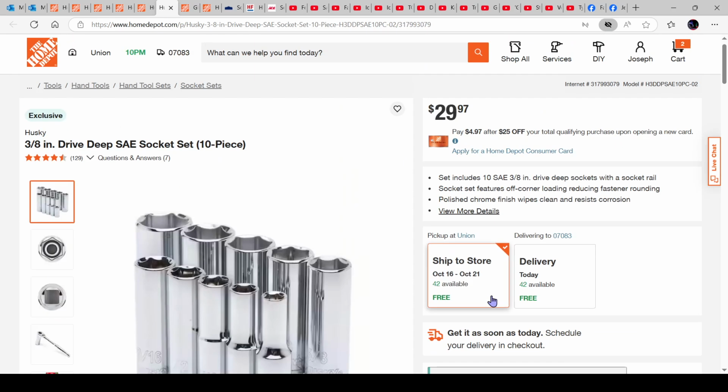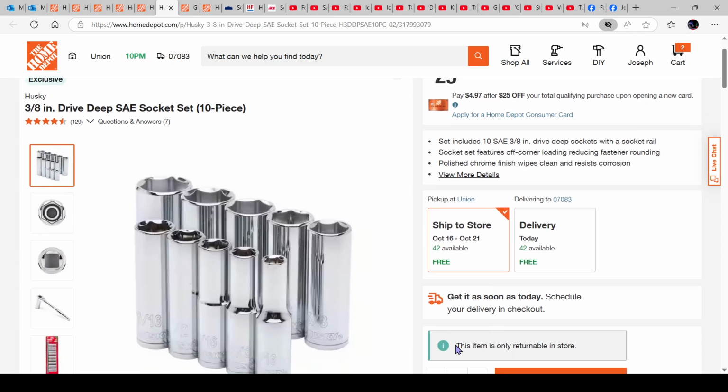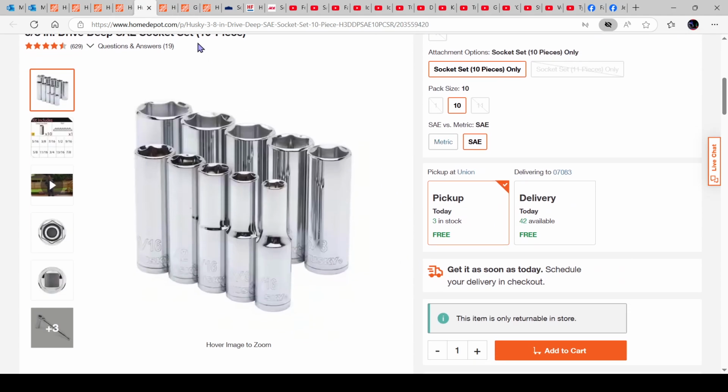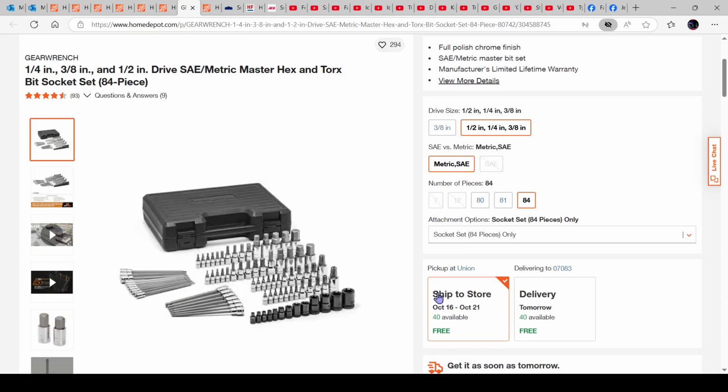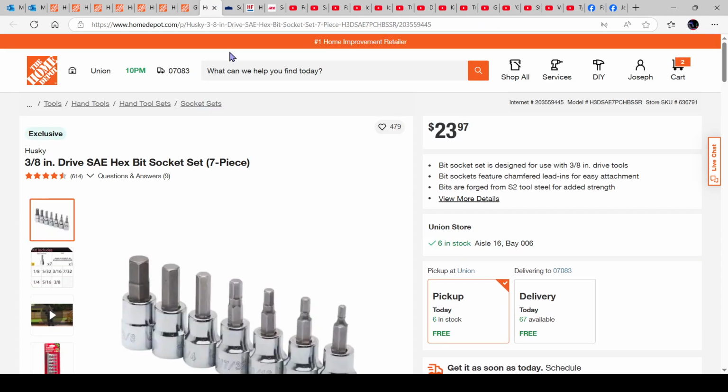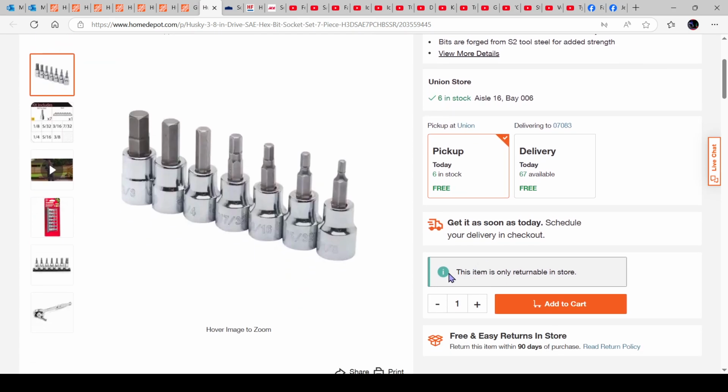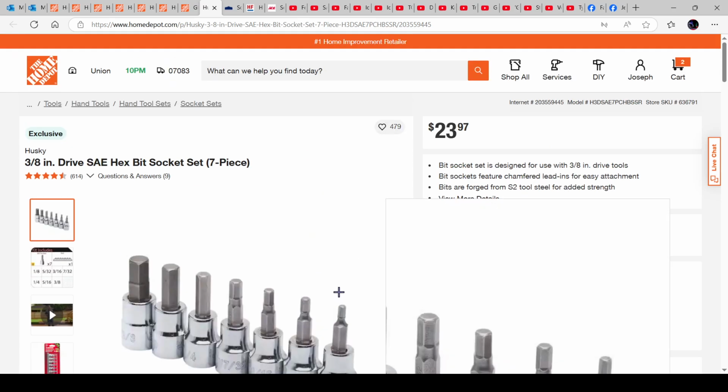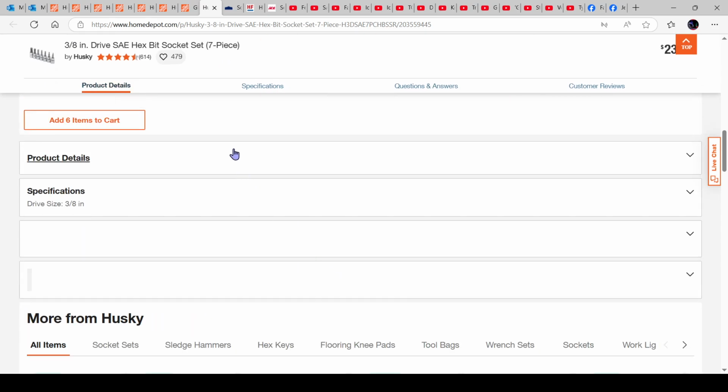Scroll down. Scroll down. This item is only returnable in... Okay, alright, but it's available here. Same thing there. Okay, let's scroll down. Alright, this is the availability. Okay, this is the availability. Anyway, not good. This is not the way to compare, because you also have to scroll down to get product